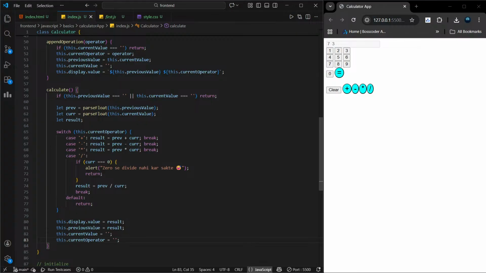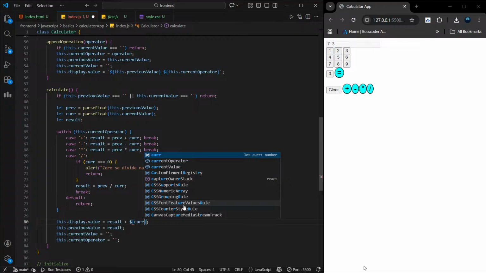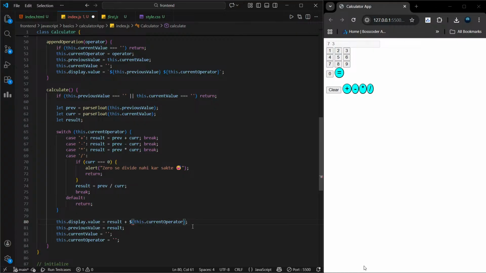सीधा तरीका है, जब यूज़र नया ऑपरेटर दबाए उसी समय डिस्प्ले में रिजल्ट के साथ उस ऑपरेटर को जोड़ दो। यानी अपेंड ऑपरेटर या अपेंड ऑपरेशन में तुम डिस्प्ले को अपडेट करो। पहले रिजल्ट दिख रहा है, उसके बाद ऑपरेटर जोड़ दो। इससे यूज़र को दिखेगा कि अगला ऑपरेटर क्या है और वो पिछले रिजल्ट पर अप्लाई होगा। ओके,